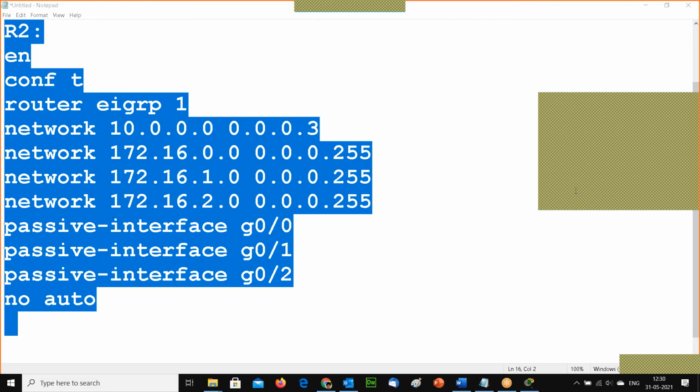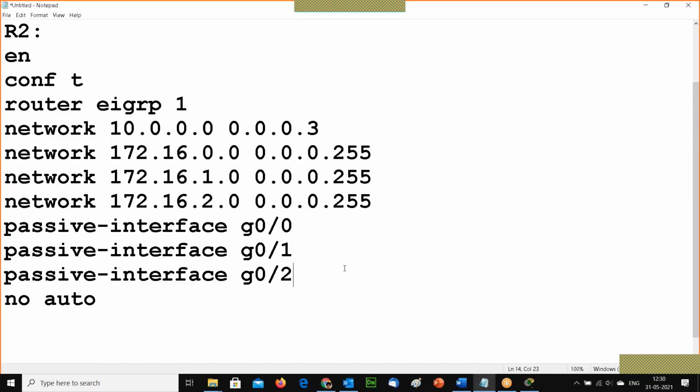Okay. So configuration of EIGRP and RIP is the same in IPv6 as well. Instead of RIP, you have to write EIGRP and the number 1. So this is the configuration of router 2.